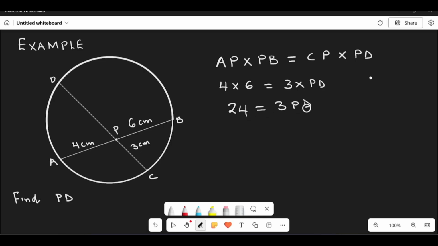Let us divide both sides by 3. 24 over 3 equals 3PD over 3. The 3s cancel, and 24 divided by 3 is 8. PD equals 8